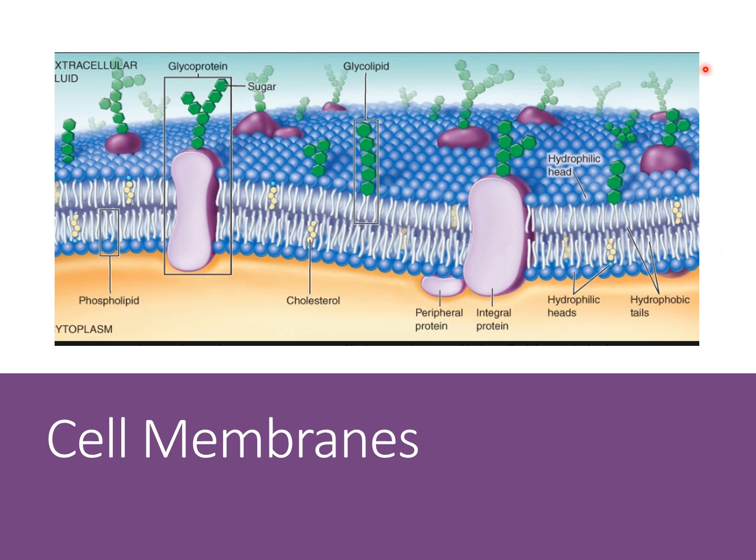So again, that lipid bilayer is providing the basic structure of the cell membrane, but the proteins that are embedded or peripheral to that cell membrane really carry out most of the specific functions of the cell membranes. Peripheral proteins, like you see here, serve often as receptor sites for things like signaling molecules. And these transmembrane proteins, or these integral proteins, are frequently transporters for things like ions and other substances across the